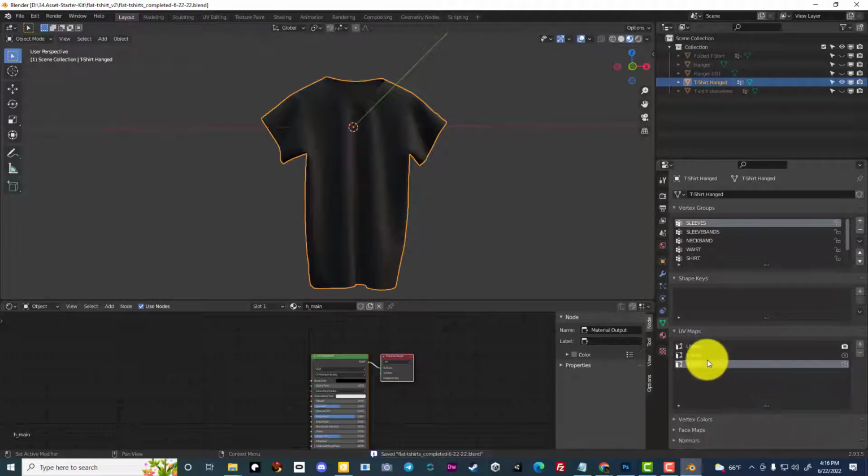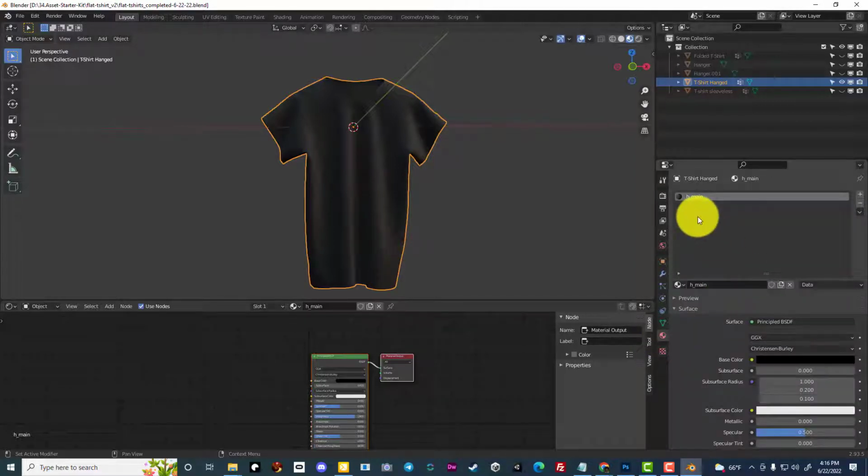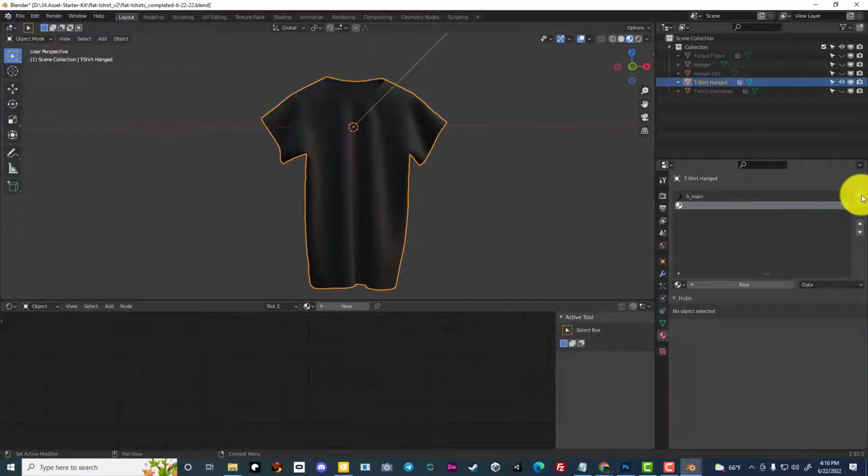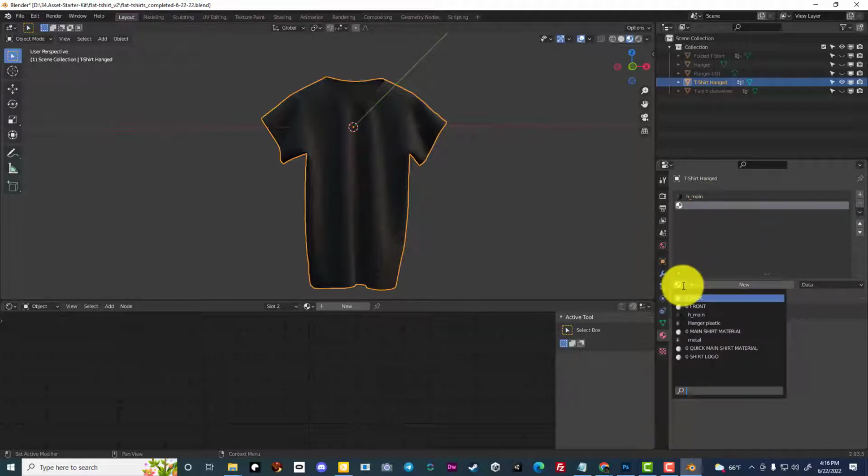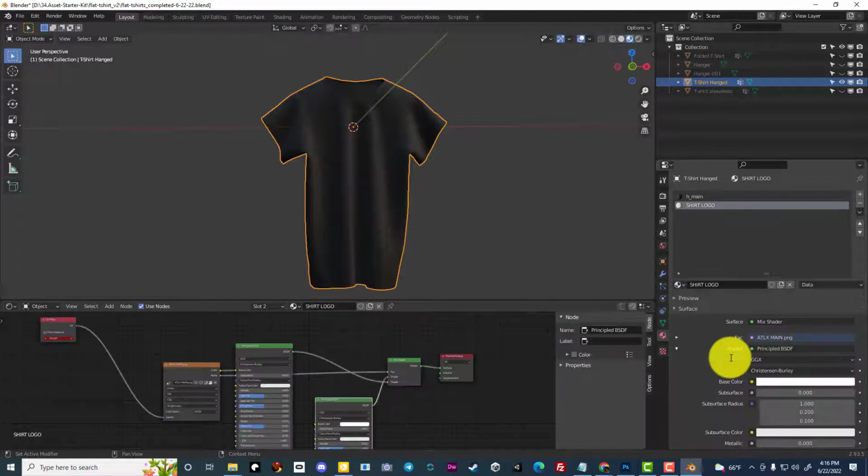Now we have front and back. So now we go back over here and we're going to hit this plus sign. Okay, and it drops this down, and then the next step is hit this browse button. It's going to drop down, and then select shirt logo material. And once again, after you select shirt logo, hit this new material button, and it'll add that